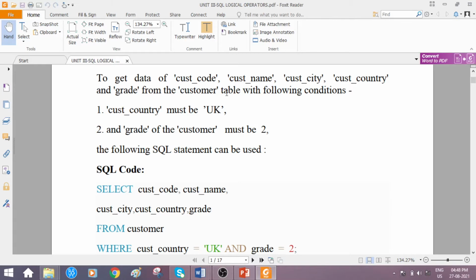So the customer table has a few attributes called customer code, customer name, customer city, customer country, and grade. Do not worry about the meaning of those columns or attributes. We all know that in a business field or while shopping, the customers' information is maintained, right?